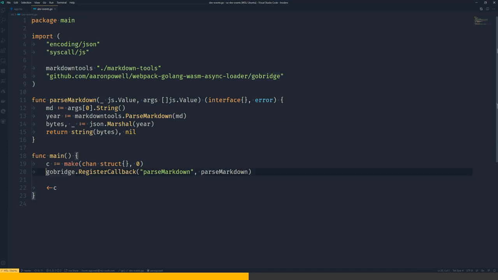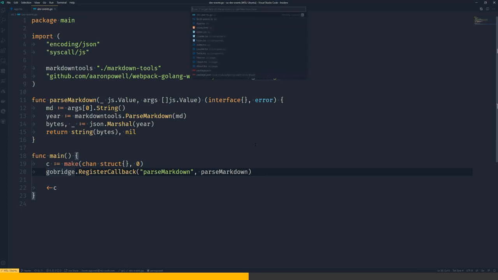I use the GoBridge, which is the thing that I've written for my Webpack interop, to register a callback called parseMarkdown. So I register a function parseMarkdown and give it the reference to that function on line 11. What that does is basically set things up so that Webpack can be used to orchestrate the compilation of Golang.